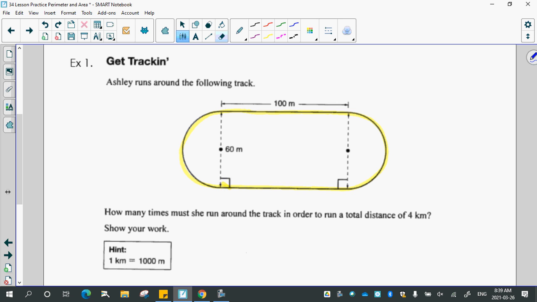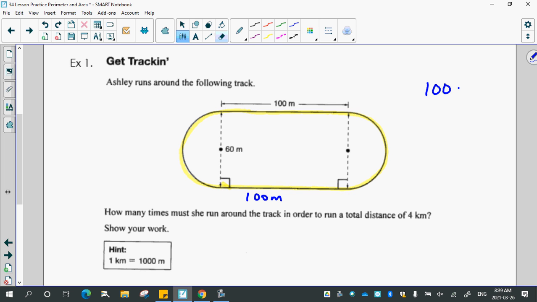Vanessa? You know that there's a little rectangle in the middle. Yep. And you know that one of the sides is 100, so the bottom side is 100 too. Yep. So I know the two straightaways. Mm-hmm. And then you can figure out the perimeter of the ends by using the formula for a circle. Yes. So if I put these two ends together, I would get a circle. Yep. And after you find the perimeter of the semicircle, since it's technically just one circle, then you would have to subtract 60 meters since